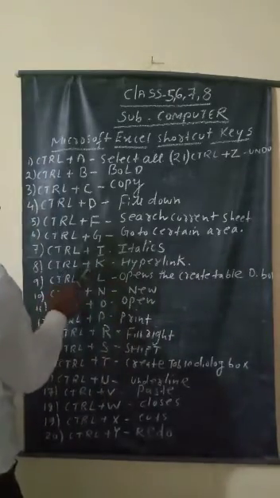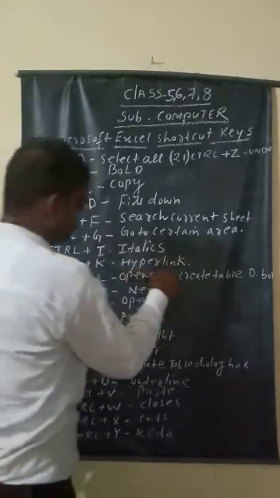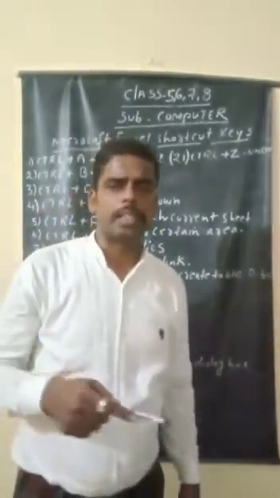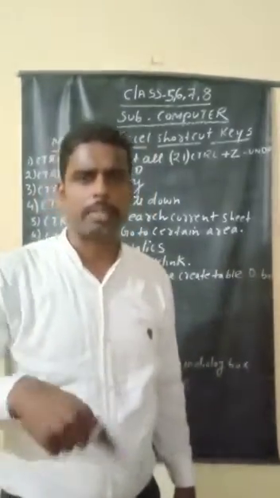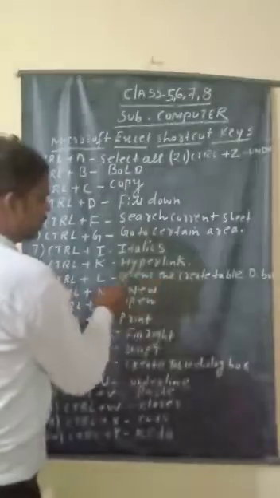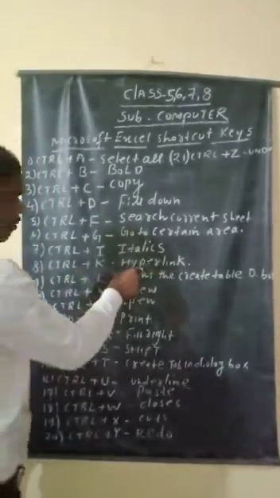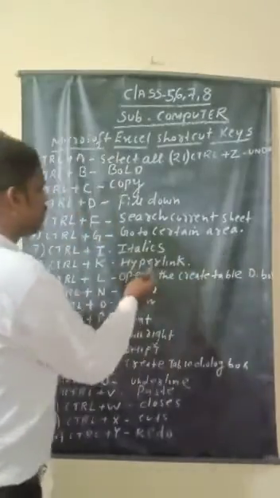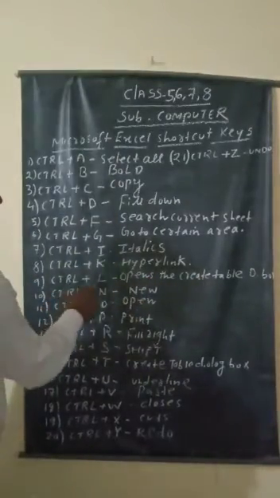Now Control plus K means hyperlink. A hyperlink is related to a web page. It transfers you from one page to another page, or one file to another file. This hyperlink is very helpful. We can link an email ID also. You see the hyperlink in a bluish color. It helps us to move from one page to another and to send a link by pressing Control plus K.